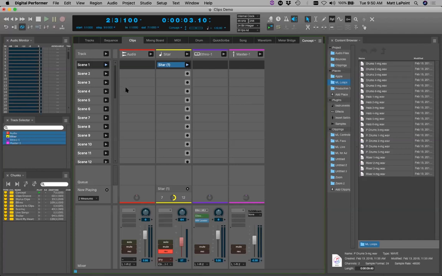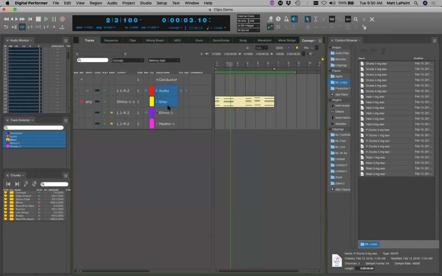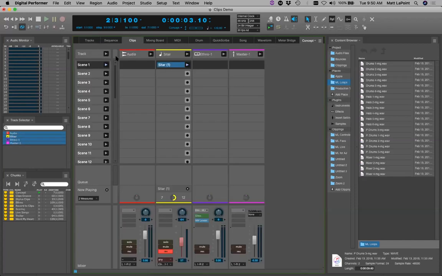And so now you're thinking, well, how can I have multiple loops playing at the same time? And that's what we're going to go through, different examples of how this works. But that's the basic architecture. Architecture is that you have audio tracks, MIDI tracks, and in the clips window, those tracks show, and you have